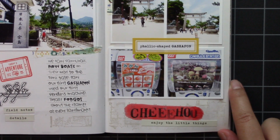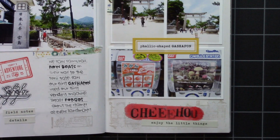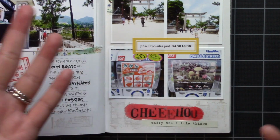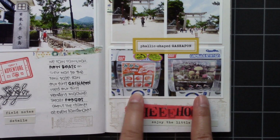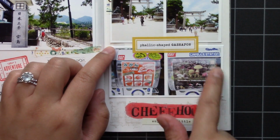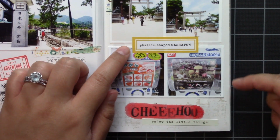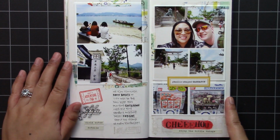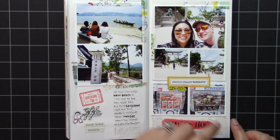And then we saw our first gashapons, which is those toy machines that have those ball things that you open and then there's a toy inside, but these are kind of graphic-y. Or maybe me and my husband just have dirty minds, but this one is a mushroom one that has legs and it looked very phallic shaped, so I put phallic shaped gashapon. There were more that we found and I did take some pictures of them, so stay tuned for